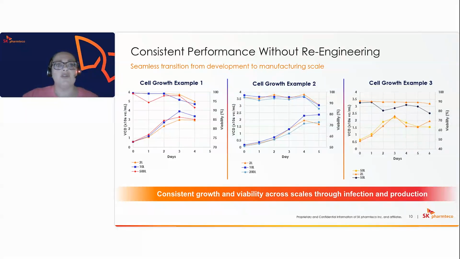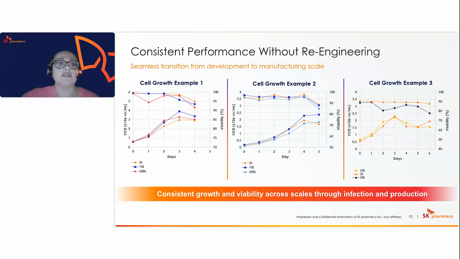So you can see across several graphs here that the progression from small to large scale, as the cells progress and transition through infection and production phases, we see similar trends and performance aligning across all scales. This demonstrates a strong process robustness and reproducibility during scale up. This also indicates that the process parameters, including things like mixing, gas transfer, and infection conditions, are translating effectively across